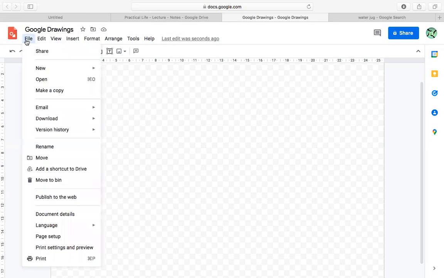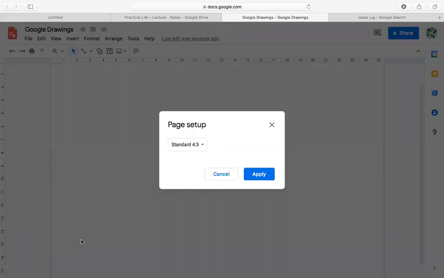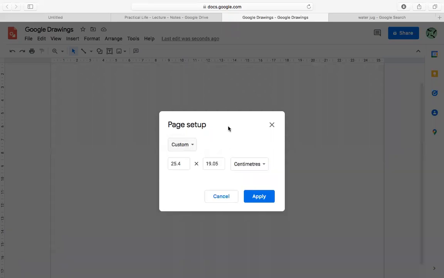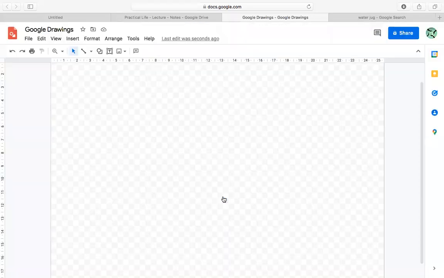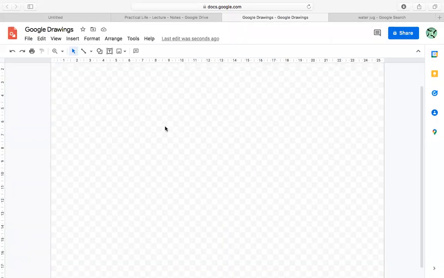So first one is the File menu. Under File, the main thing that we have to look at is Page Setup. Here we'll have different kinds of page setups. In order to make an A4 size drawing, we can give the details that belong to the A4 size, and we can use that. Okay. Next one is